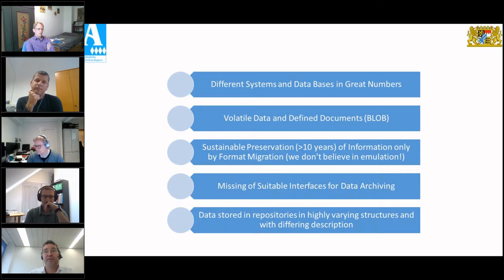First surveys suggested that this use is to be expected for 15 to 20% of the official administration specialized systems. And that means we need interfaces fit for archiving data for about 400 to 600 individual software systems, only for government agencies in Bavaria.